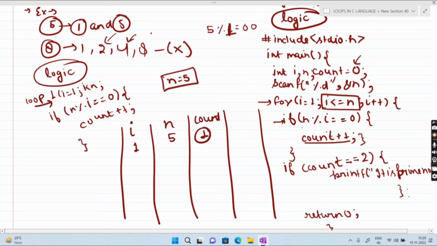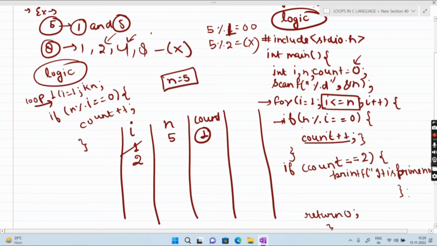Then we have to make value of I 2. Then again we check condition. Yes, 2 is less than or equal to 5. Condition is true. Again we check here 5 modulo 2, is its value equal to 0? No, this condition is not true.